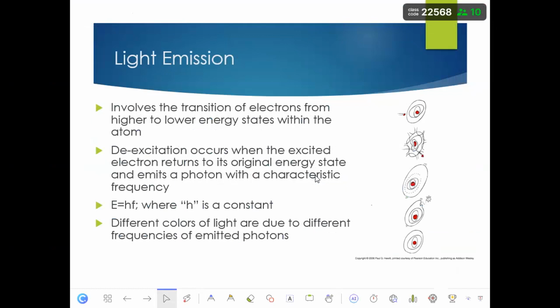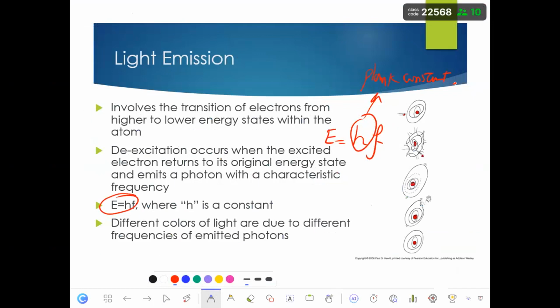So, the energy that these particles emit, how can we calculate this energy? By using this formula: E is equal to h times f. What is the h? It is a constant number. We call it Planck constant. Planck constant is a constant number, but E is the energy